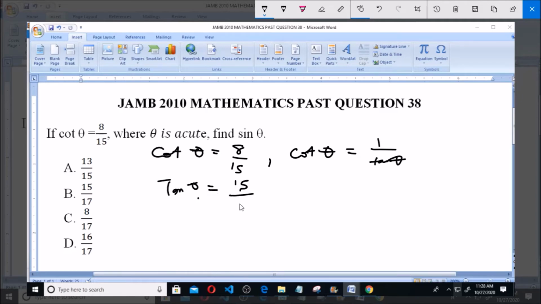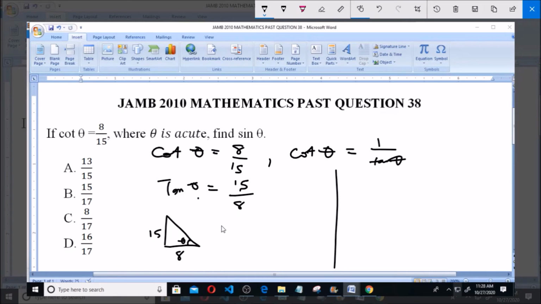15 all over 8. So from this now we can represent this on a right angle triangle, because tan theta simply means opposite over adjacent. So imagine this is theta, it simply means 15 here, and here is 8, opposite over adjacent. Now let's look for the hypotenuse here for us to be able to find sin